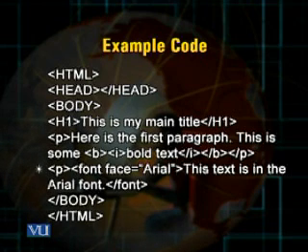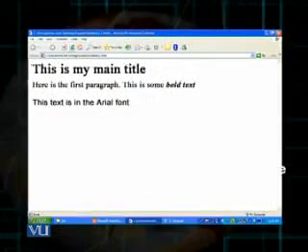Afterwards there is another paragraph tag. I have used the font tag in it, face Arial, and I have written this text is in the Arial font. Then I close the body tag, I close the HTML tag, and when we view the result of this code, we get this screenshot before you.